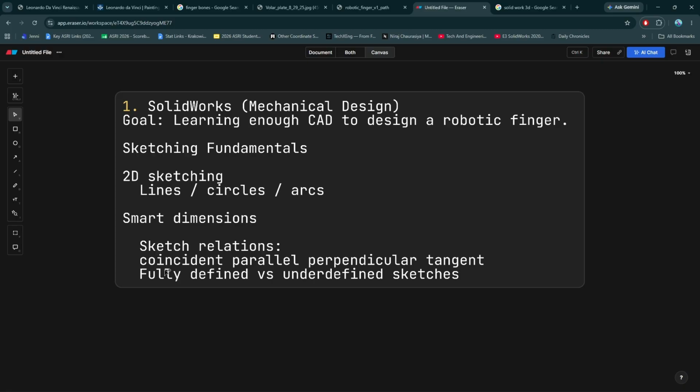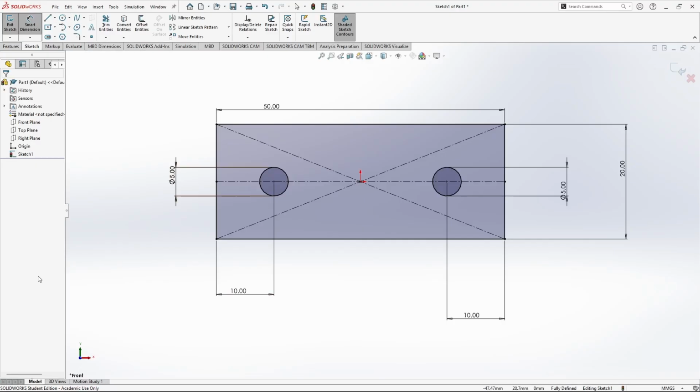I will also let you explore coincident, parallel, perpendicular, tangent, play around with SolidWorks. Just see whatever in your environment and try to model it with 2D. In the later video, we are going to discuss more about making our first finger, how to do assembly, and because we are going to learn the 3D